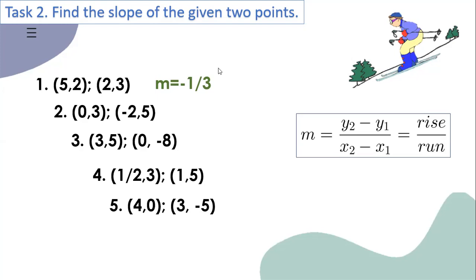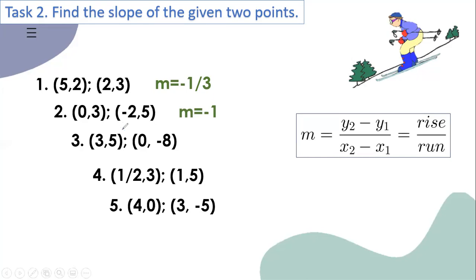Our second example, we have (0, 3) and (-2, 5). Okay, so again, we'll be substituting the values. So you may calculate the slope. Okay, and our answer will be m is equal to -1. Our third one,